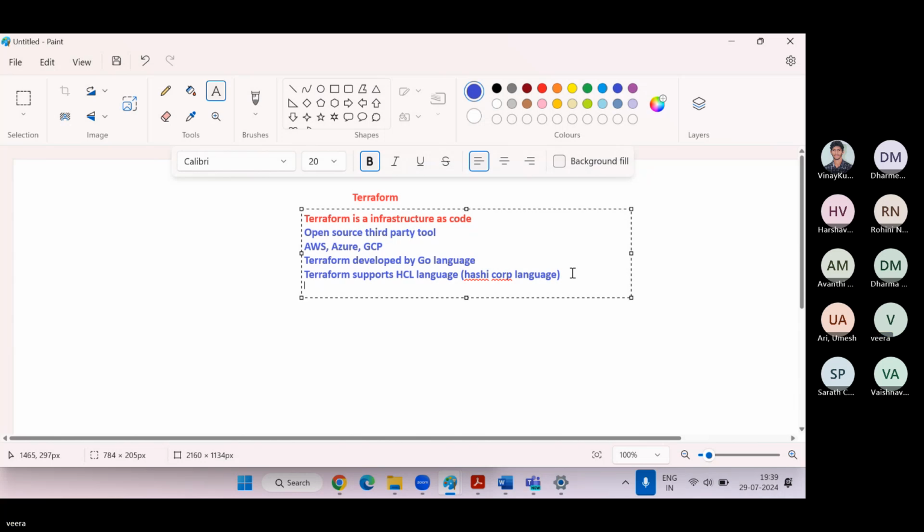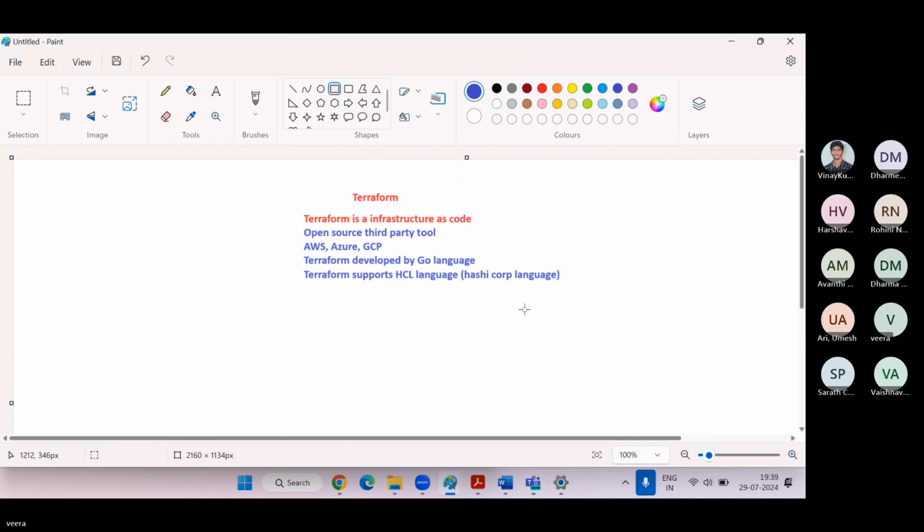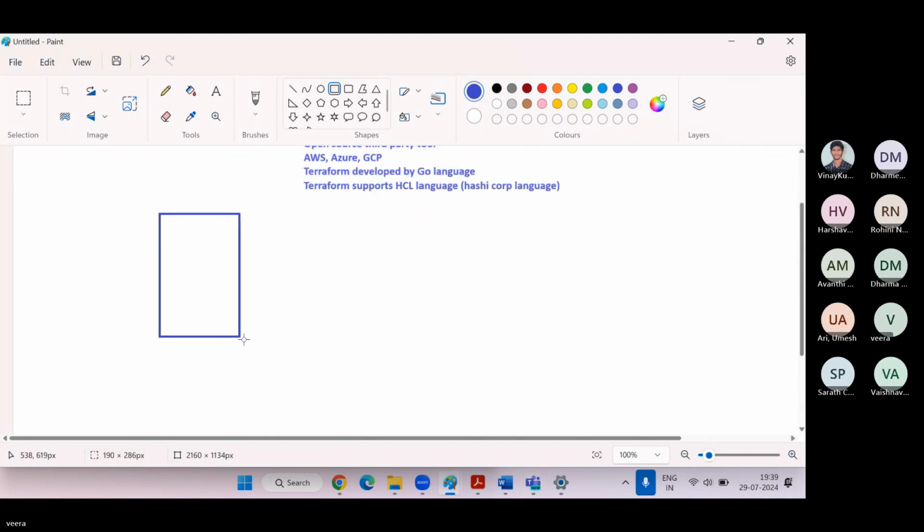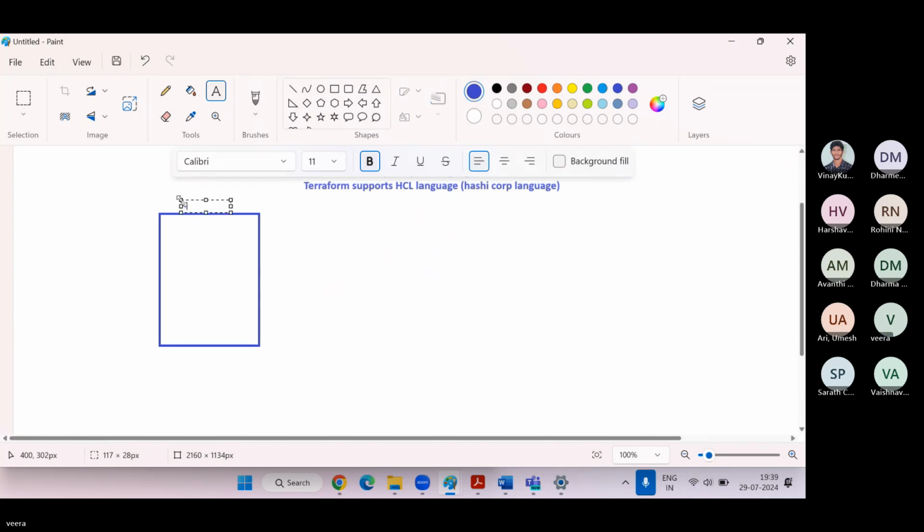Now, first we need to understand how Terraform will work. So here, the Terraform Registry is there. In this Terraform Registry, it will support all kinds of clouds.